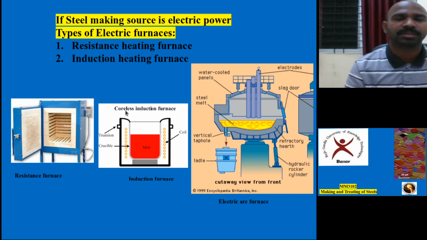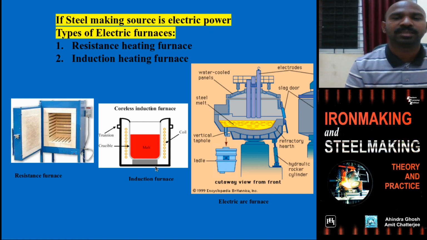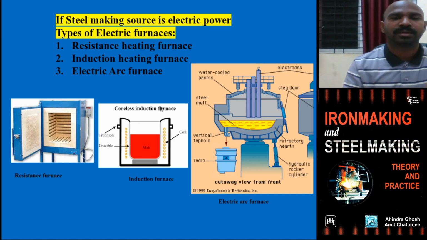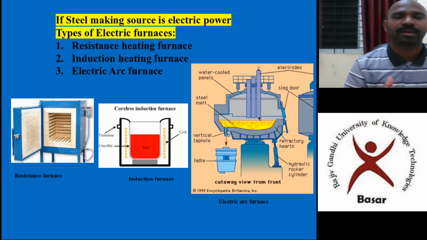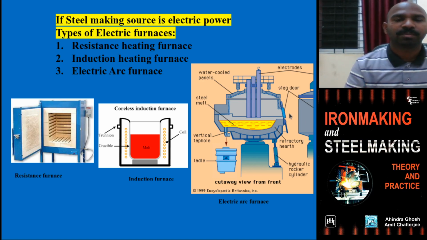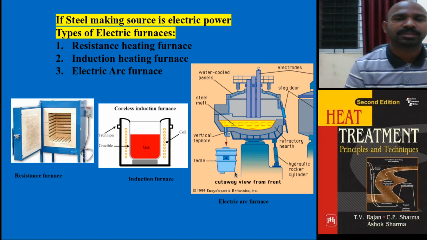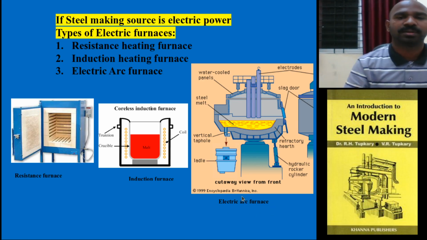There are cored furnaces, and there are coreless. The thickness of this core is less. Based on this, furnaces are in practice. The third one is today's topic, the electric arc furnace. These are the electrodes, the arc will be produced, and once the molten metal is made, this slag layer will be removed from the slag tap hole, and molten metal will be removed from the vertical tap hole to the ladle. This is the lifting mechanism. When you are tapping out, you can lift either to the slag door side or the molten metal door side. This is about the electric arc furnace.